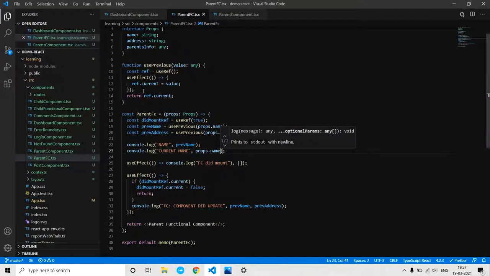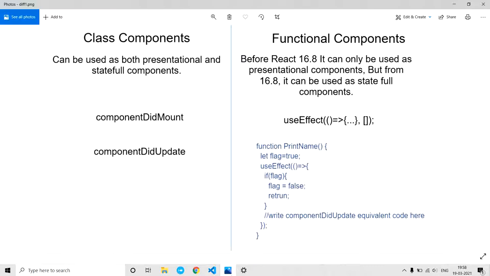So hope you understood. The main thing is that this function returns the ref current before executing this block, and it initializes to that value after returning it. That's the key thing here. So hope you understand this component data update. Of course, we have to do some little tricky things here to achieve that.